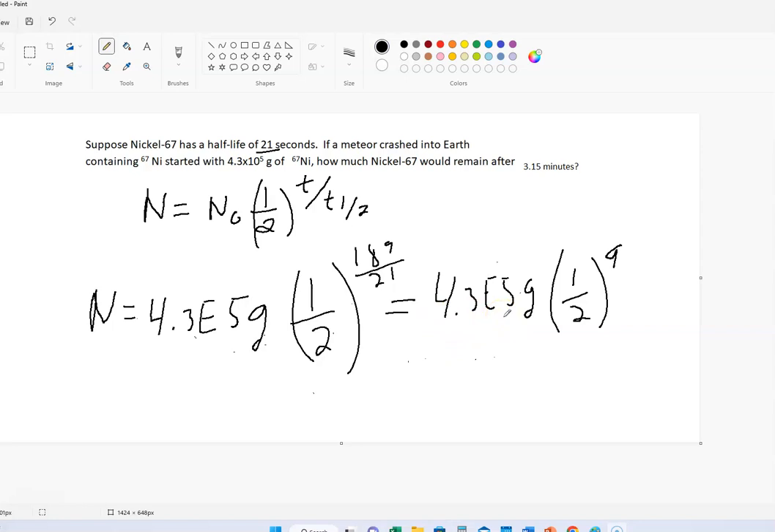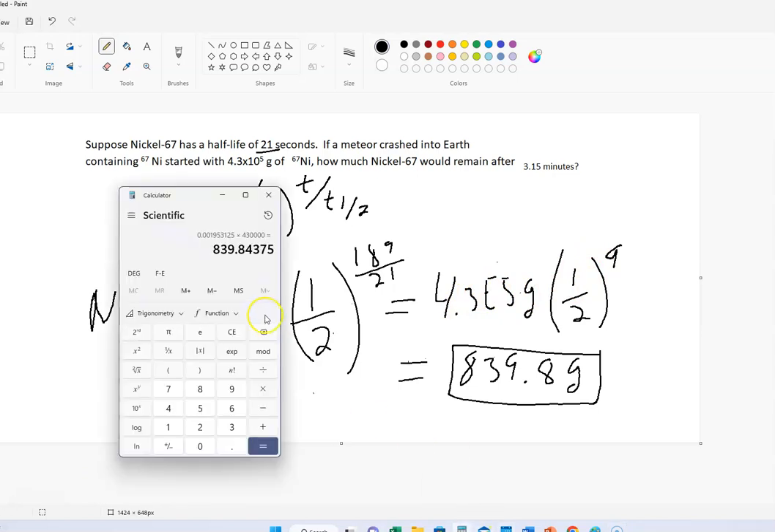The lab that we do using the coins, that would be like flipping the chips 9 times. Anyhow, this is the amount, so let's figure out what this is. You raise 0.5 to the 9th power, and you multiply by 4.3 times 10 to the 5th, and then you get